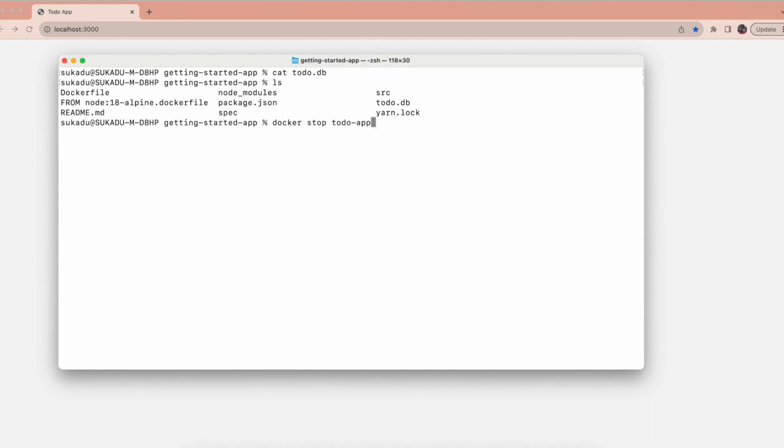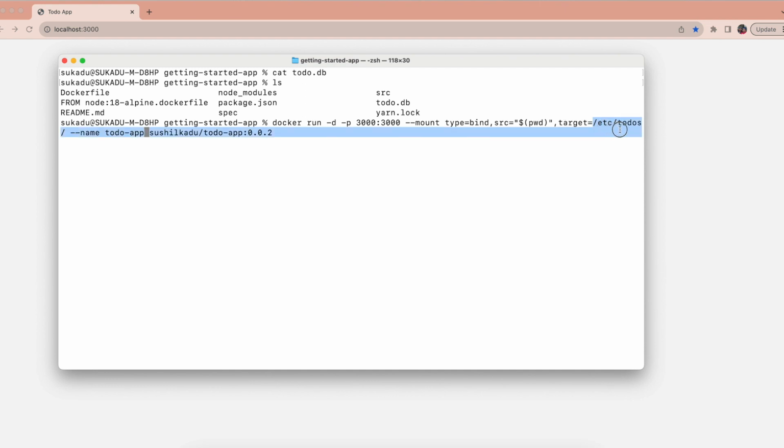I'm going to create that container again. Okay, instead of todo app, I'll name it todo app now. Now you can see the bind and everything is intact. So you can see this etc todos, right? This is my target. Dash dash name is todo app, and this is the container I'm running. The bind point